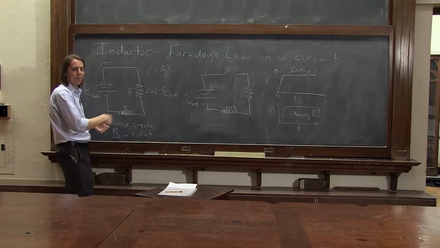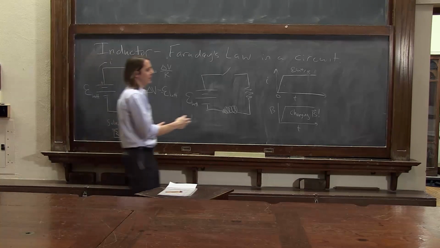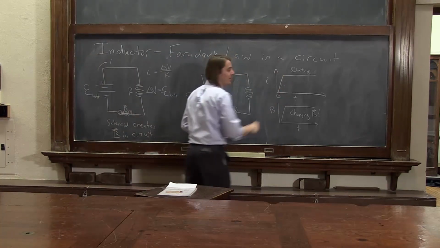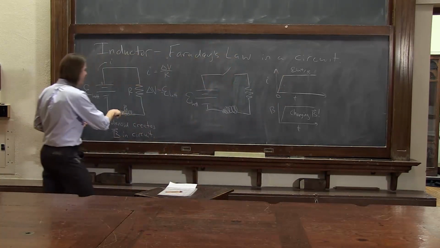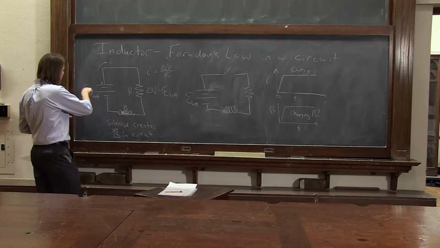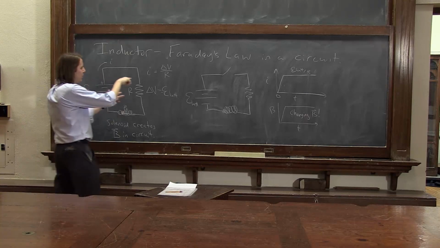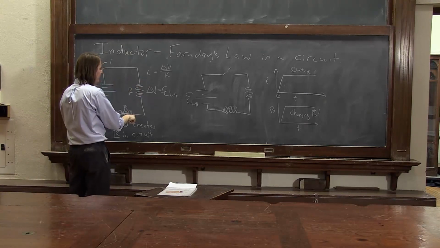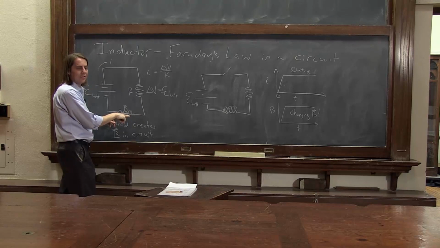It pushes against the growth of the current. In this case, the reason it takes the current some time to build up is because it's actually fighting the E field there. What really happens is your battery potential that you create doesn't all drop across the resistor right away. A lot of it drops across here. So this is how